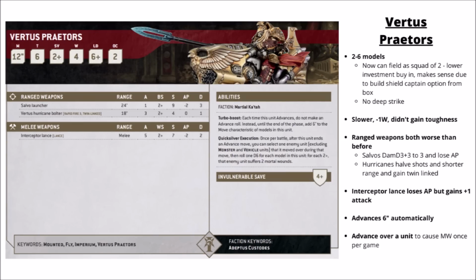Finally, for the more frontline custodian units in plastic, we have the Virtus Praetors. 2 to 6 models in the squad now, so you can just field small units of them. And that I think is really quite an interesting option given they're such big pricey bikes. I think quite a low investment to buy in is really quite a good thing for them, and it's quite nice for people who have the box as well, as it means that you can build 2 of these and a Shield Captain, and then not be left with 2 useless bikes